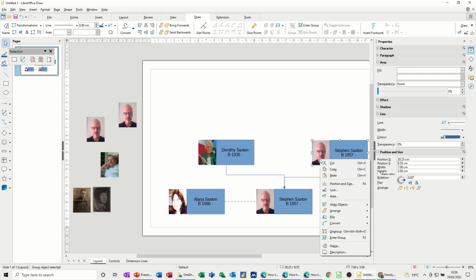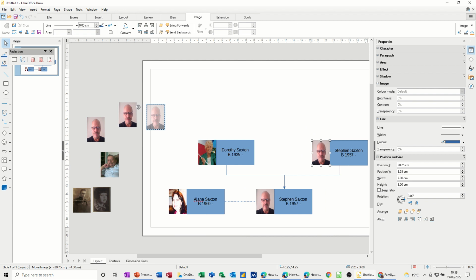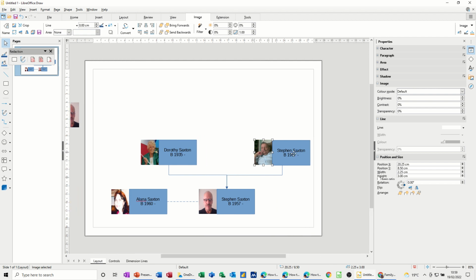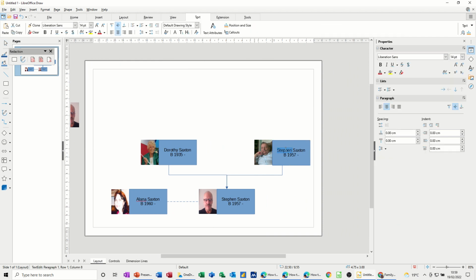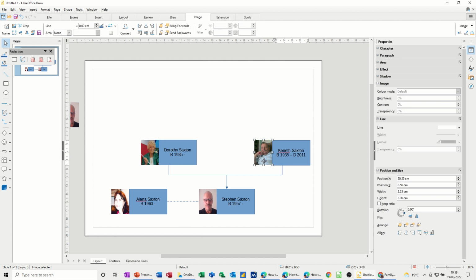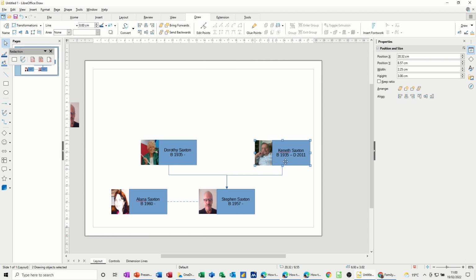And on this one, ungroup, get rid of the picture, take it over there, and bring my dad in, sit him there. Now this is where you're going to find out whether you've got enough space or not, because Kenneth, and he was born in 1935 as well, 35, but he died in 2011. Okay, it fits in, that's okay. And then just move that down a little bit. It's still saying 3 centimeters, that's okay. Right click, group,